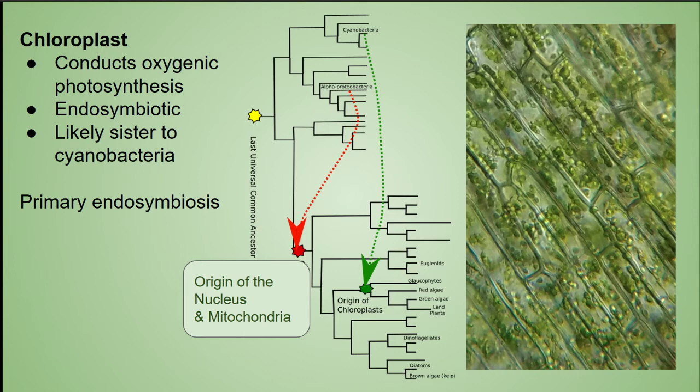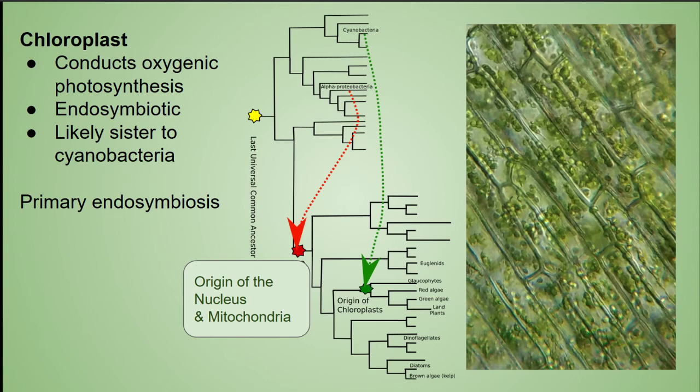What's interesting about that is it does that in the same way that cyanobacteria do. We believe that the chloroplast was also endosymbiotic. And you can trace this green arrow from the cyanobacteria to the chloroplast,